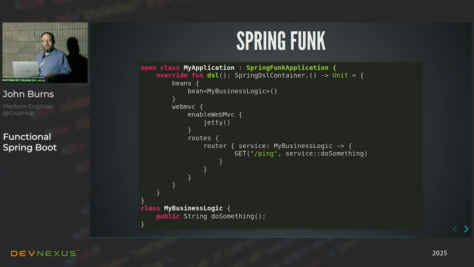WebMVC. Now instead of an @EnableWebMVC annotation, we're explicitly saying, okay, let's do some WebMVC stuff. First of all, we want to enable WebMVC. Let's pick our servlet container, Jetty. One of the interesting things about Spring Boot is that when you run a Spring Boot application, are you getting Jetty or are you getting Tomcat? How do you know which one you're getting? Anyone know? Shout it out.